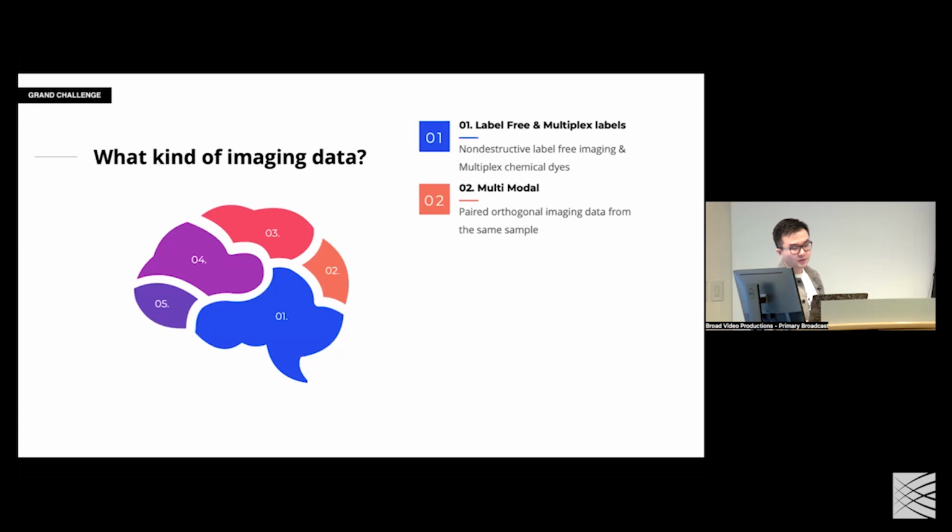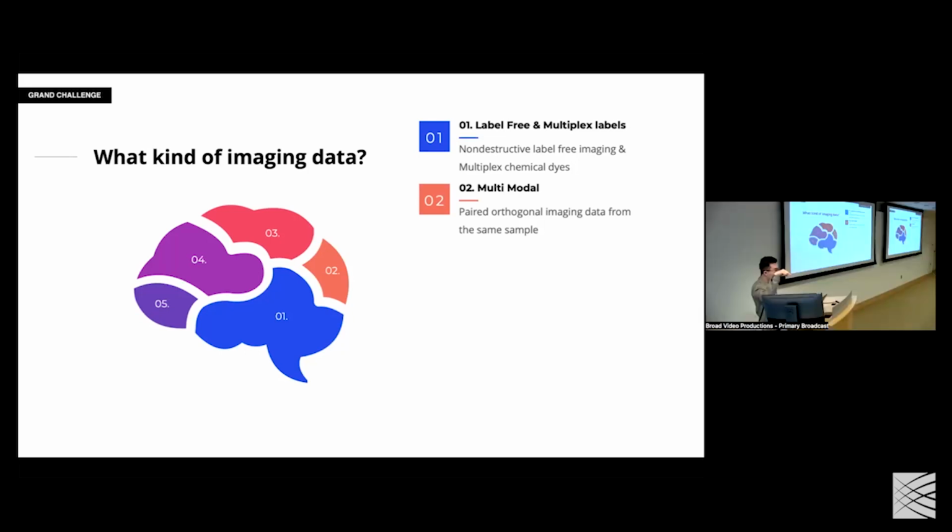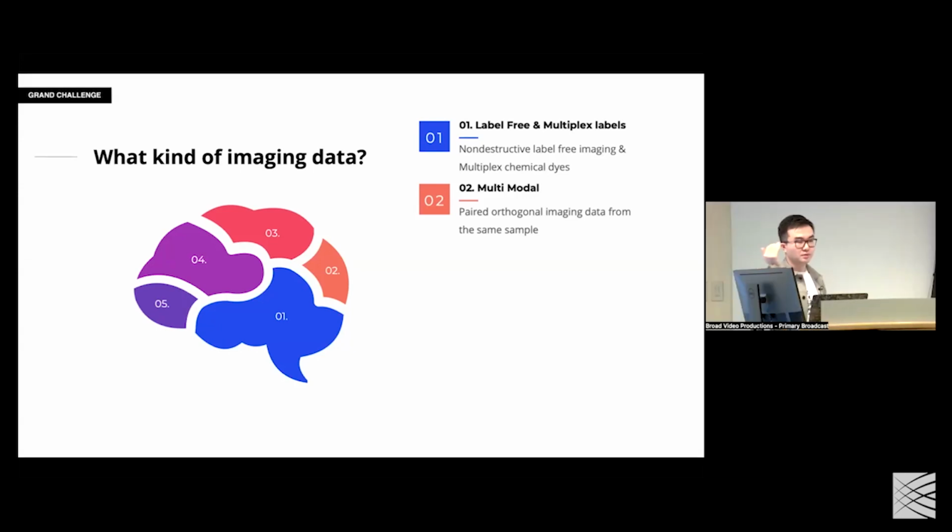I think it is very critical to think about multimodal, that we want to measure different kinds of features from the whole feature space, not just in a similar space. For example, all kinds of multi-omics measurements that are measuring similar features do not cover the whole feature space that represents a cell state. So we want to measure orthogonal features from the same sample. For example, can we do imaging, spatial omics, and chemical imaging from the same sample? Some people are working on that in the lab.